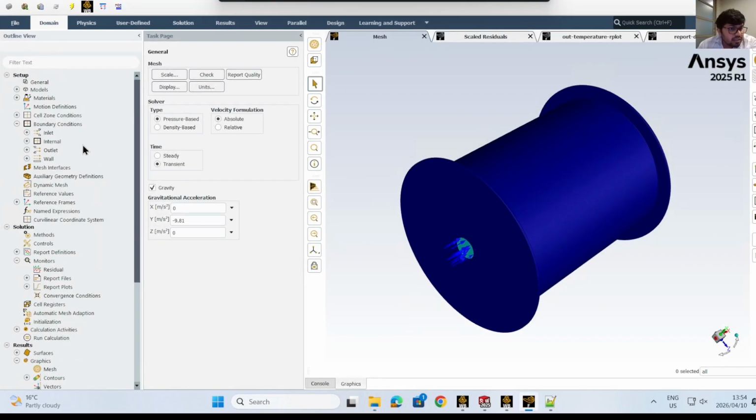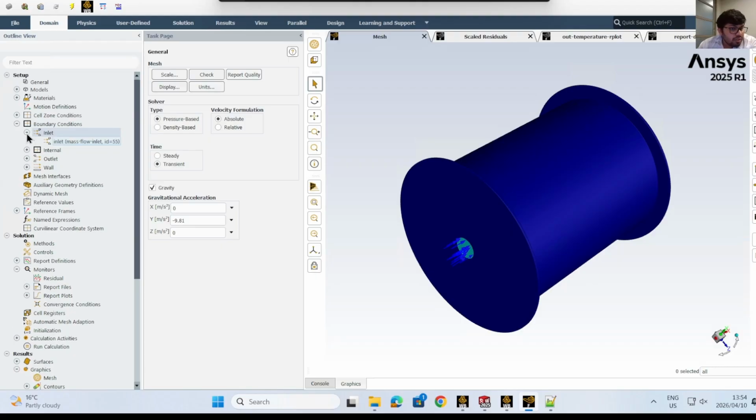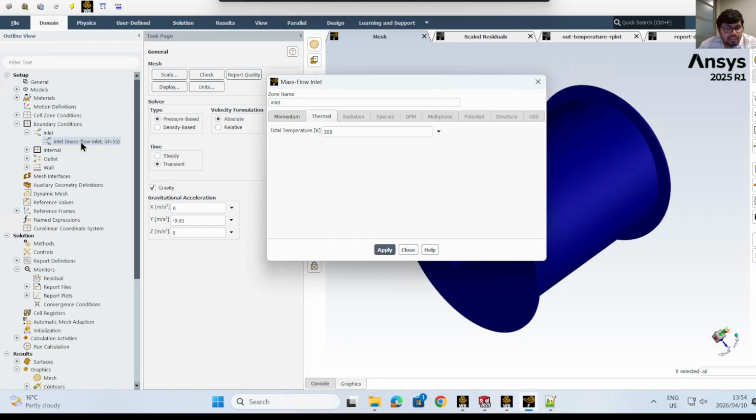and here in the boundary conditions, if you drop down inlet, you will see the inlet condition I have defined here, mass flow rate condition. And if you double click this one, you will see in the thermal section you need to define the total temperature. Right now it's a constant, but here I have to define variation of temperature with time. So what you can do is use the profile facility available